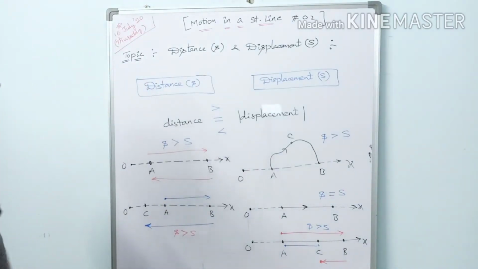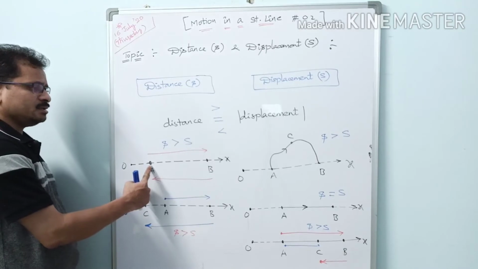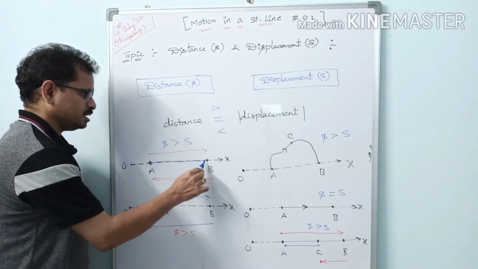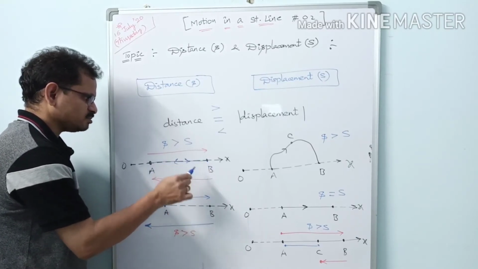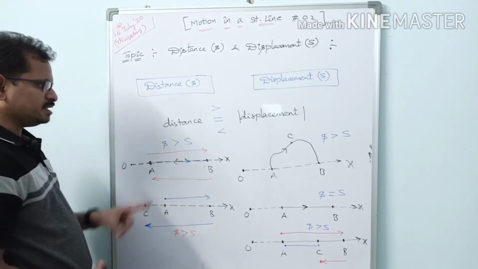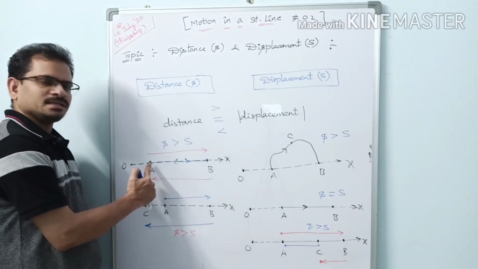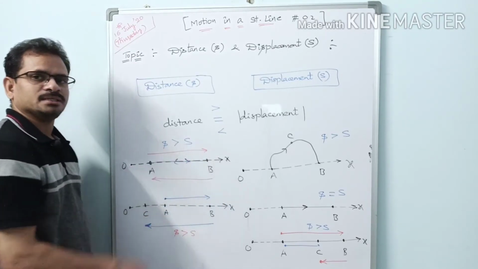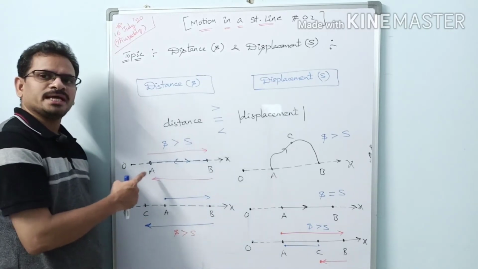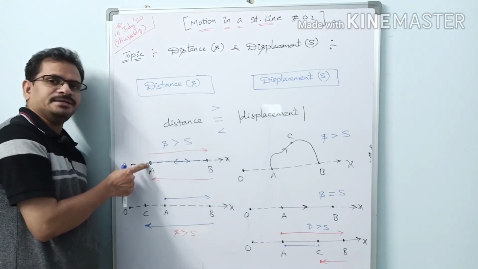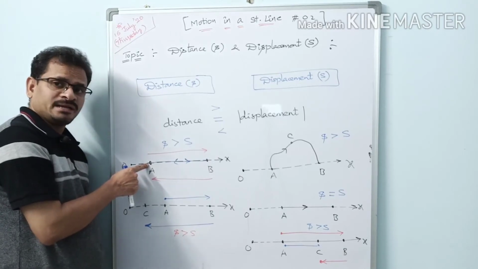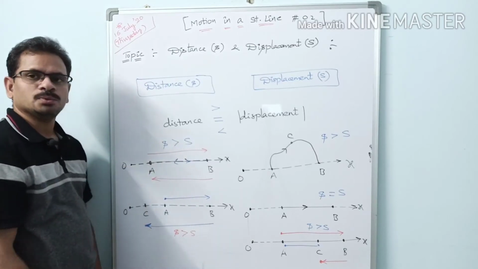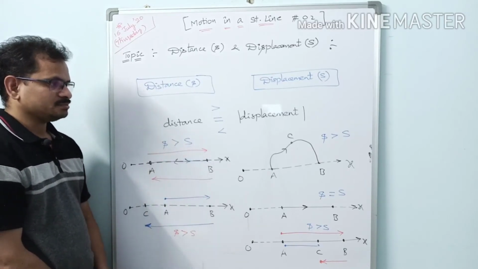So in this case, the particle starts from initial point A, goes straight towards B, and again comes back, goes away in this direction, comes back again. So in this case, what is the distance here? Distance is the path length A to B plus B to A, so twice the length of path AB. Then what about displacement? It is the length of the line joining the initial and final points. What is the initial point? A here. What is the final point? A itself. Can you draw any line between the same point here? No. So here displacement is 0. So here also distance is greater than displacement.